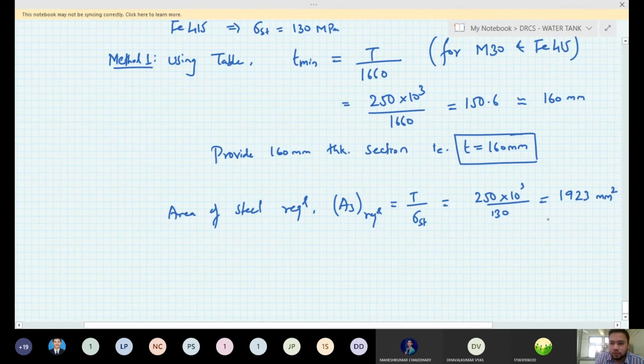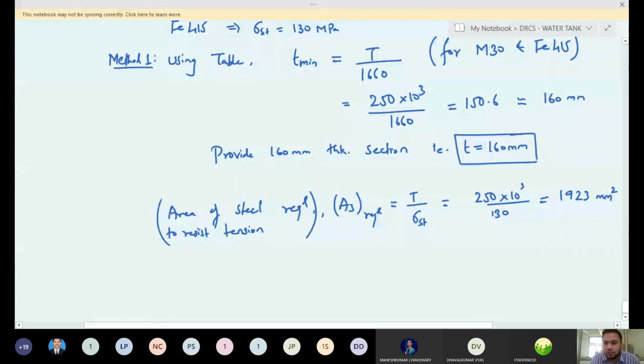Okay, so this is the area of steel required to resist tension. We also have to make sure that this AS is sufficient to